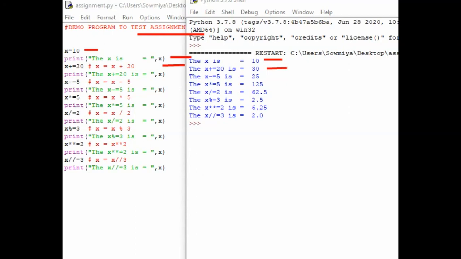Now what I have given next is x minus equal to 5. So how it can be read as x is equal to x minus 5. The value of x is now 30, and from 30 we have to reduce 5. So your answer will be 25. Okay, and next